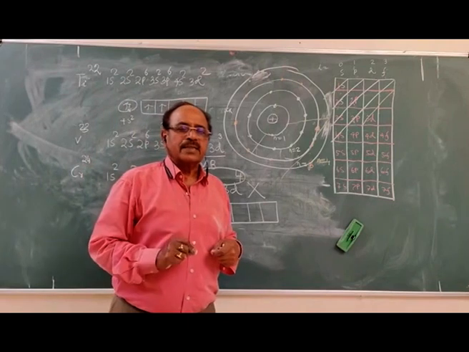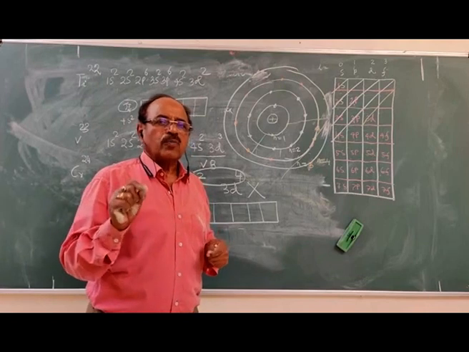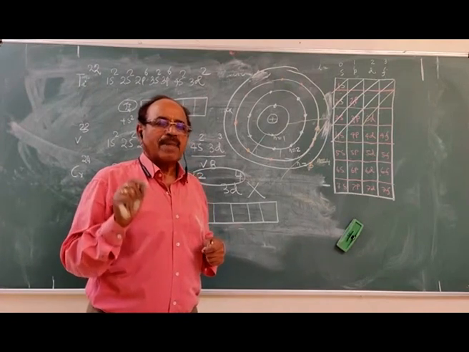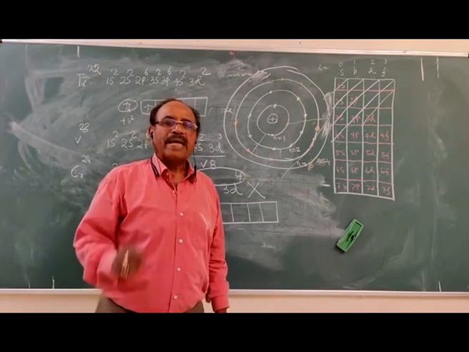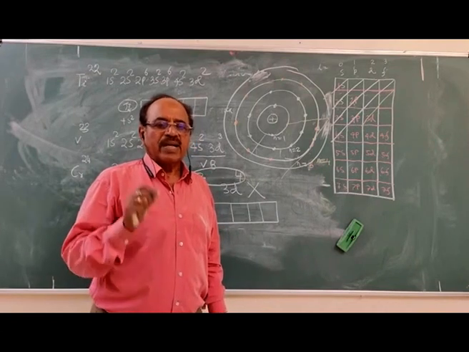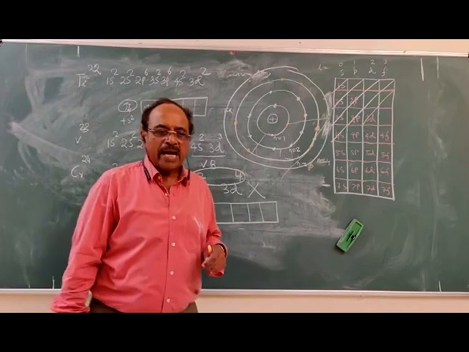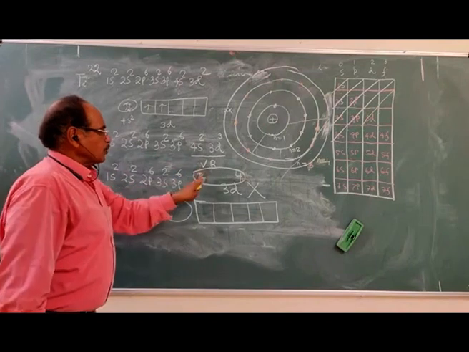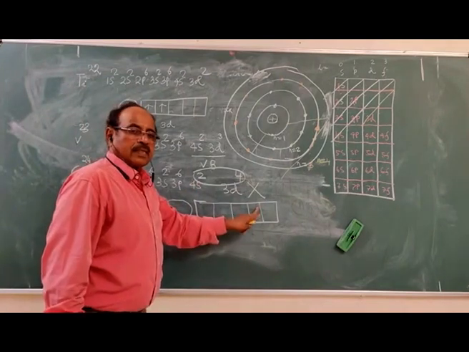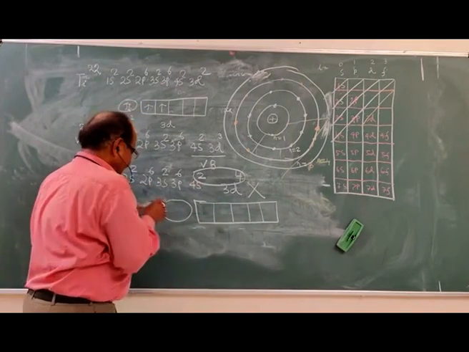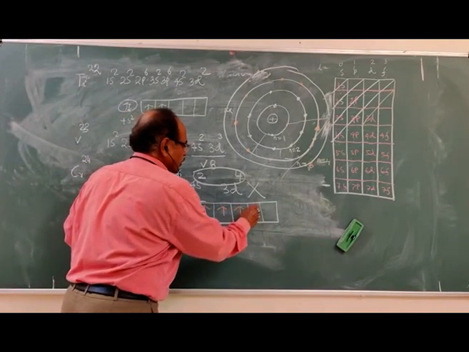So what does the rule say? The rule says the electrons are filled up into the available orbitals such that there is the maximum number of unpaired electrons in the same direction of spin. The pairing of the electrons will then begin when all the orbitals are filled up with at least 1 electron. Now we have 6 electrons with us, and 6 orbitals with us. So according to Hund's rule, we will give 1 electron, 1 electron, 1 electron, 1 electron, 1 electron.